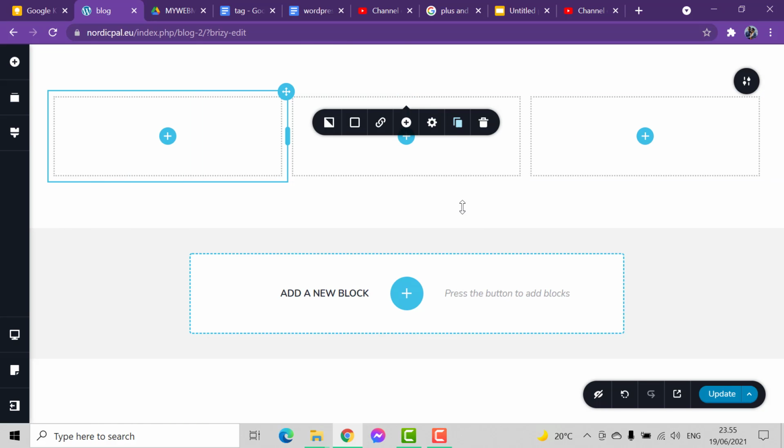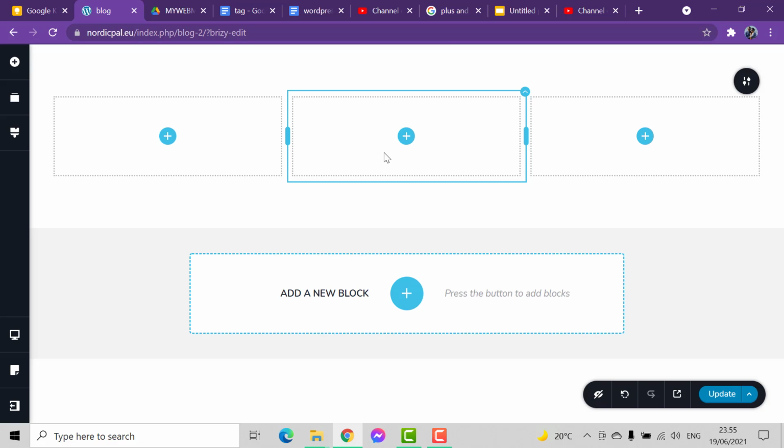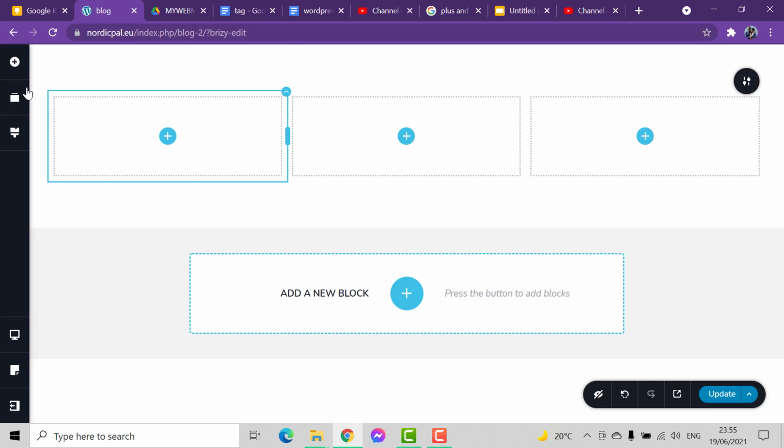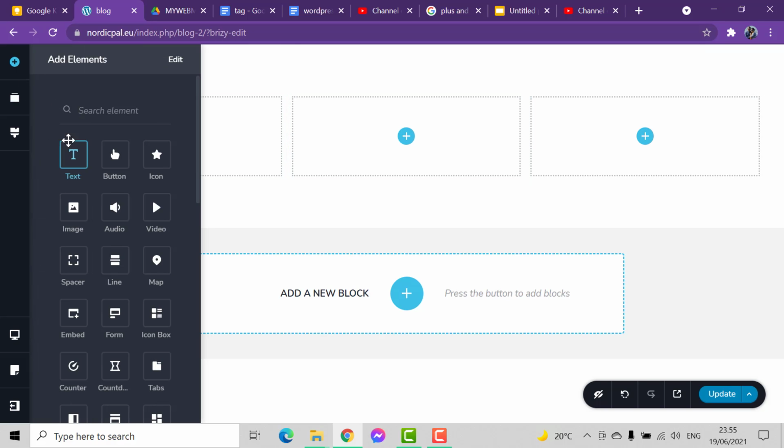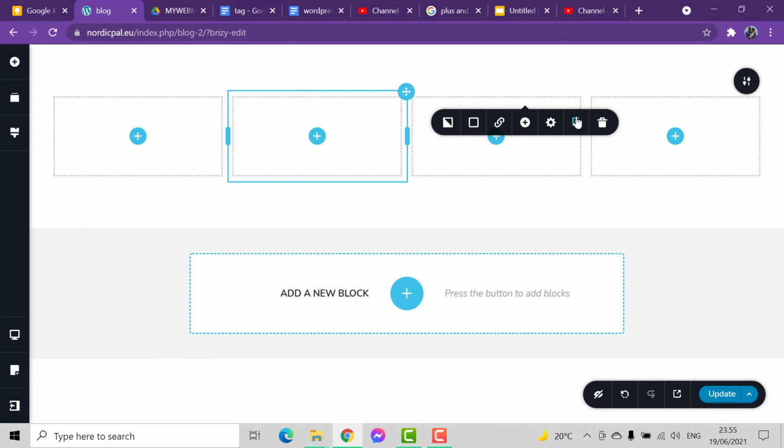We can just copy from here, and then I'm going to give this three different elements. It's better that I copy again, and finally I will just delete this one, and I still will have three